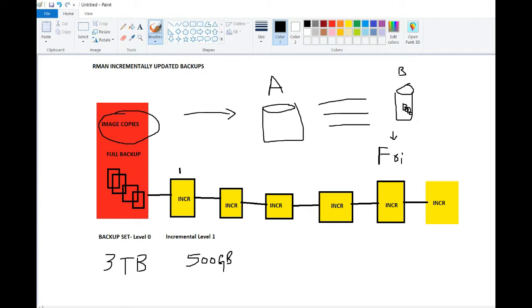Next, on Monday, if you take the incremental backup, instead of having this as a separate backup piece, you have an option to roll forward these data files with the changes present in the incremental backup. Suppose in these 4 data files, 3 data files have several block changes which are present in this incremental backup.